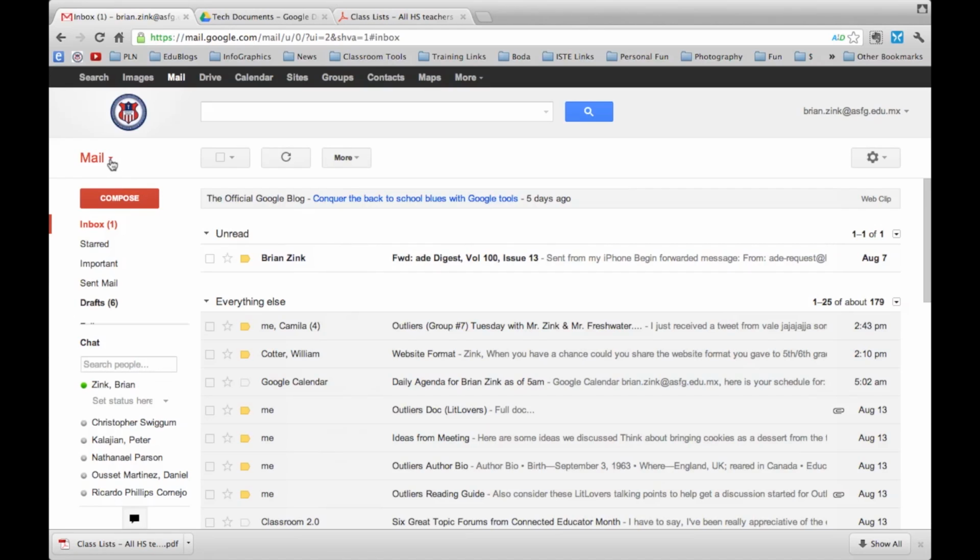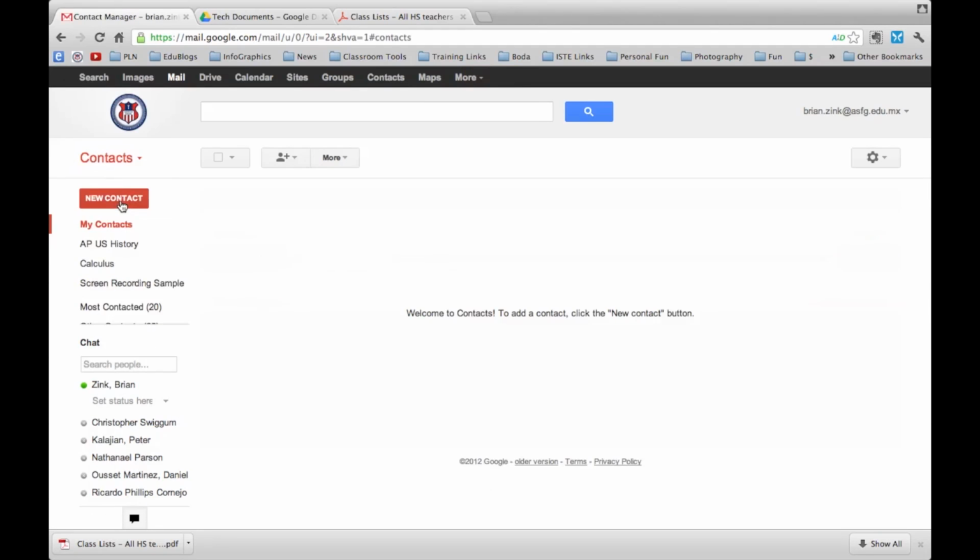If you come to the word mail here, where there's an upside down triangle, which often means in Google that there's more options, you can find the word contacts, or again at the top here in the menu bar you can find the word contacts. So I'm going to click contacts,